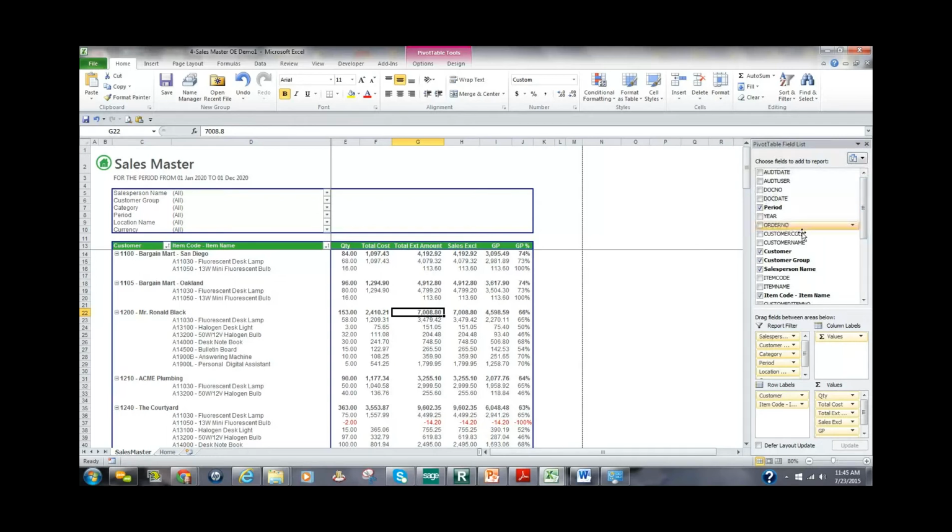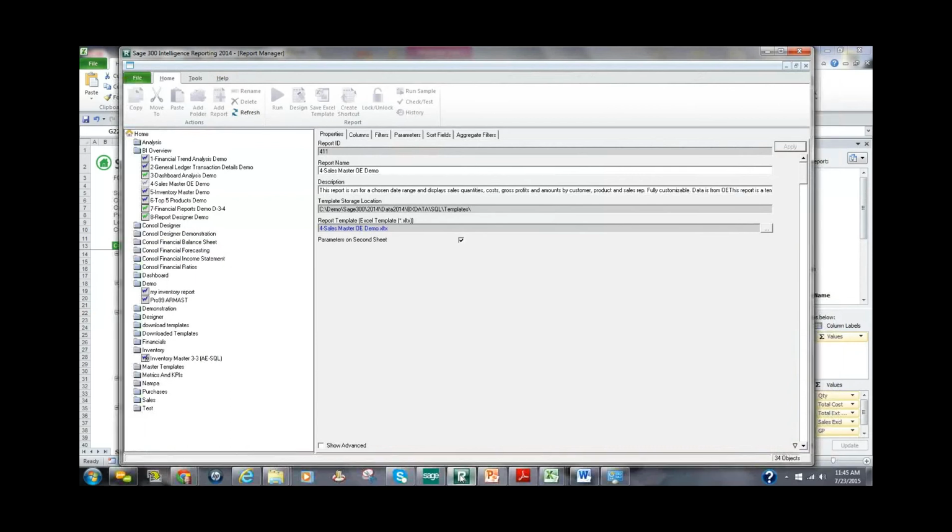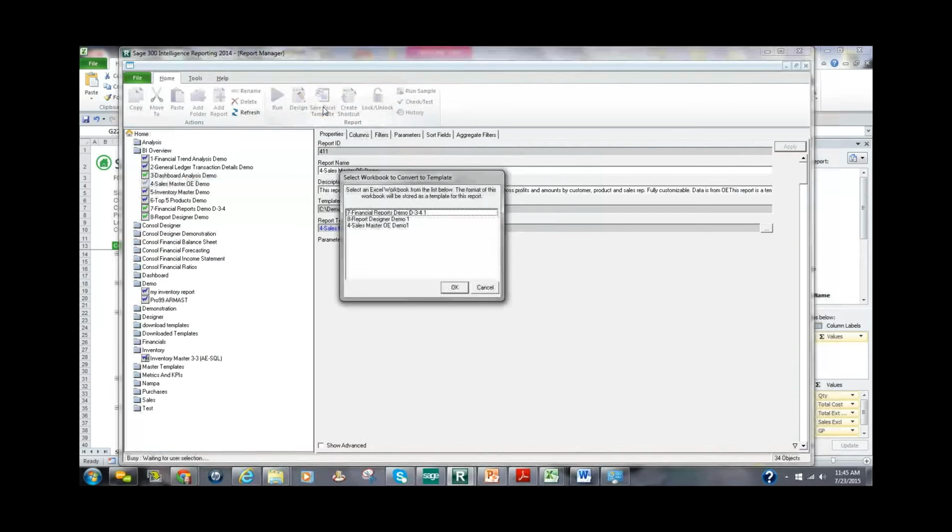Okay, and I don't see it here, so I'm going to do two things right now. Number one, I'm going to go back to the report designer. I'm going to say, well, I got rid of that field and I don't want it back again. So I'm going to save the report and save the template. So see this run here, save as Excel template. What I'm going to do is I have to pick, I have 3 reports open, but the one that I'm operating, Sales Master OE Demo, is right here. So I select that one,